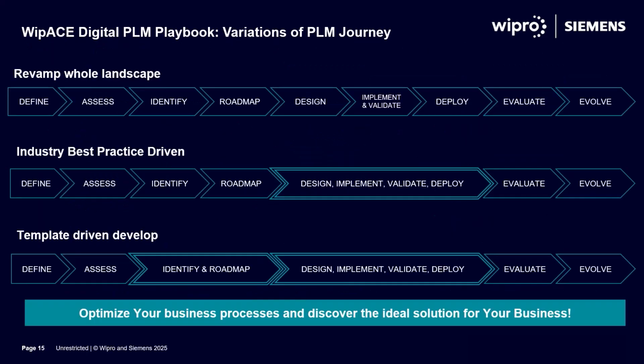In the previous slide, we discussed the 9-step approach for PLM displacement. While this 9-step approach provides a comprehensive framework for transition and ensures all aspects of the displacement program are meticulously planned and executed, it is particularly effective when dealing with complex environments that require extensive standardization and integrations. For example, organizations with multiple large business units, different product lines, or multiple legacy systems and process variants, etc. However, there are scenarios where the business demands a quicker ROI.